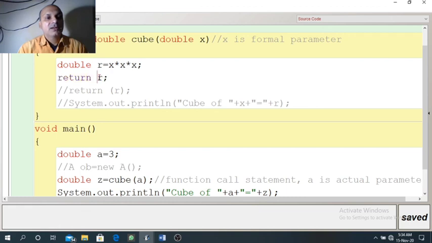Here the value is R, where R stores the cube of x. The return statement can be written in two ways. We can keep the return value inside the brackets also, like here I have used in the comment. So there are two options of using the return statement.